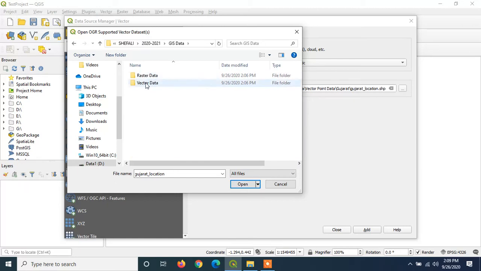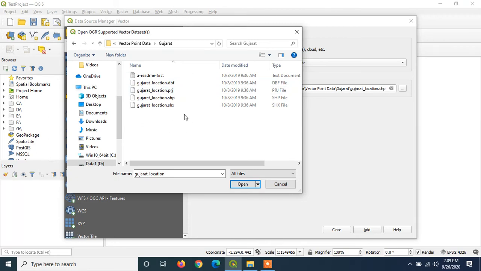So I am selecting vector data point from the files which are available. So I have these files available.